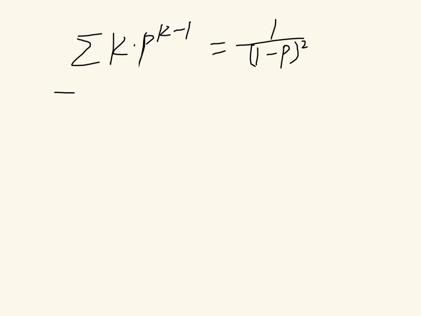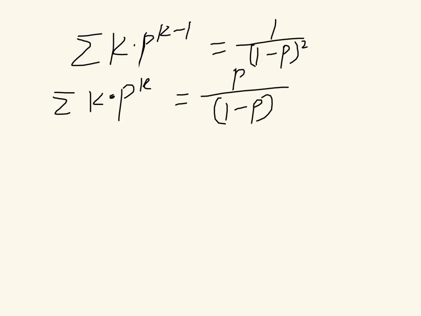We have the sum of k times p to the power k equal to p over 1 minus p squared. And we differentiate both sides of this equation again. We have the sum of k squared times p to the power k minus 1 equal to 1 minus p to the power 4,